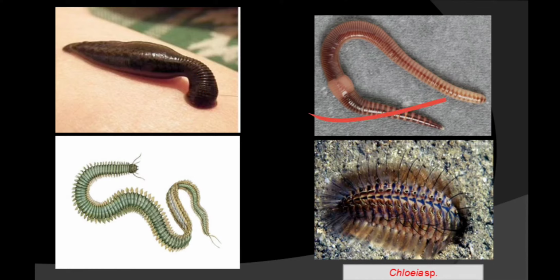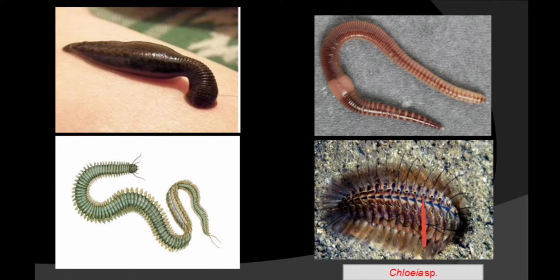The next is the earthworm. You are well aware of the earthworm, and this one is Nereis, and this species is of Colles species. All right. So in every figure you will observe that some ring-like structures are present. These ring-like structures are known as annuli. From here only the term Annelida is derived.